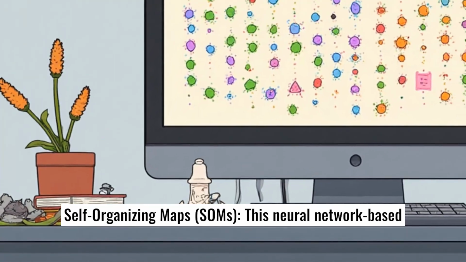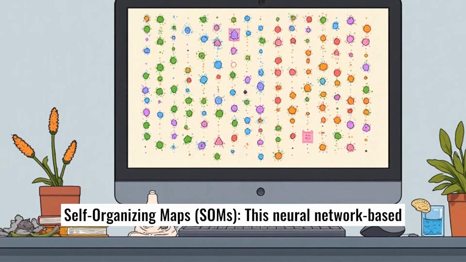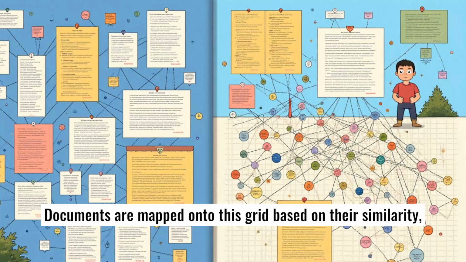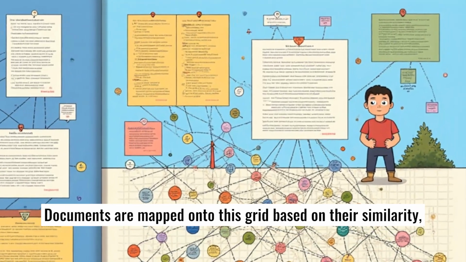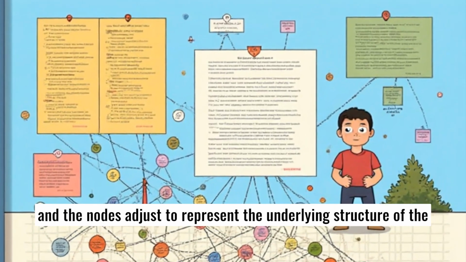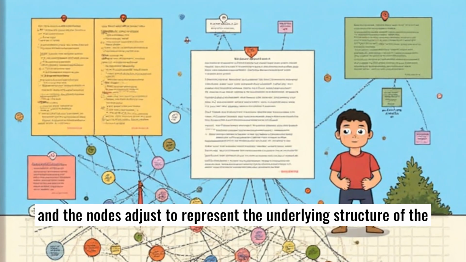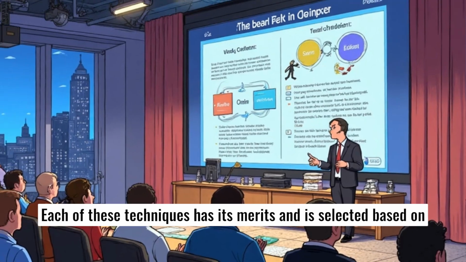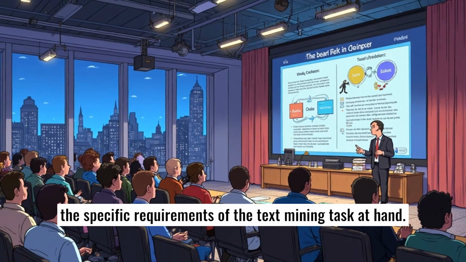Self-organizing maps, SOMs. This neural network-based technique uses a grid of nodes to represent clusters. Documents are mapped onto this grid based on their similarity, and the nodes adjust to represent the underlying structure of the data. Each of these techniques has its merits and is selected based on the specific requirements of the text